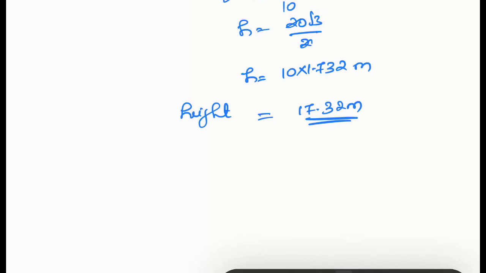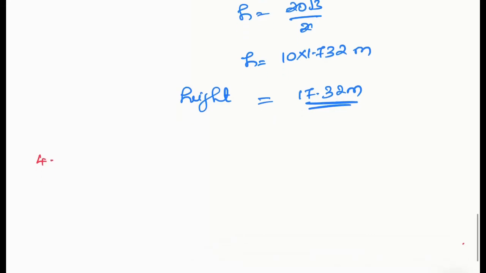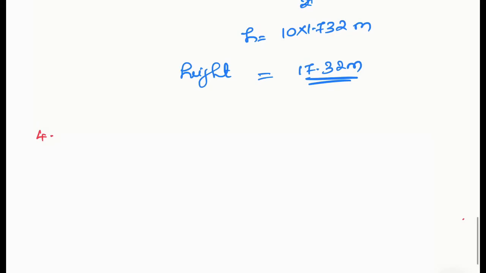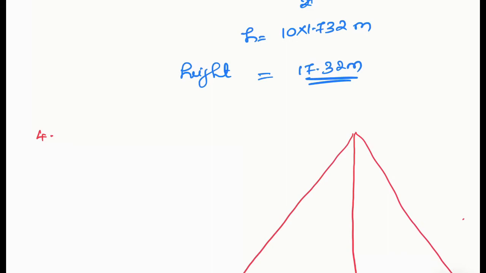So question number 4. Okay. From the top of a lighthouse. So let me draw a lighthouse. From the top of a lighthouse, the angle of depression of two ships are observed. So let us consider two ships as A and B. Okay. So let FG be our lighthouse and let us consider the two ships as A and B. So it's given as angle of depression. So this angle, one of that is 48 degree, other one is 36 degree.